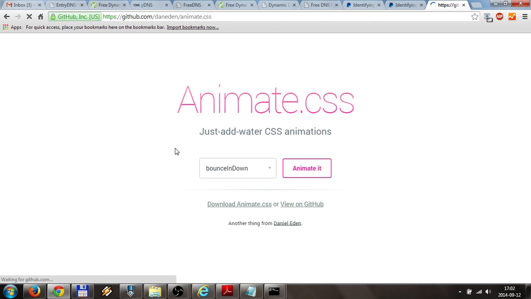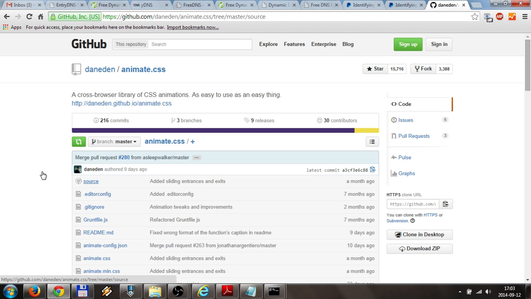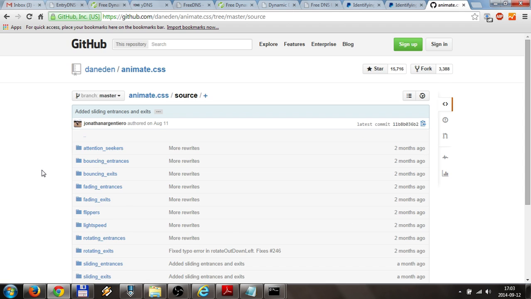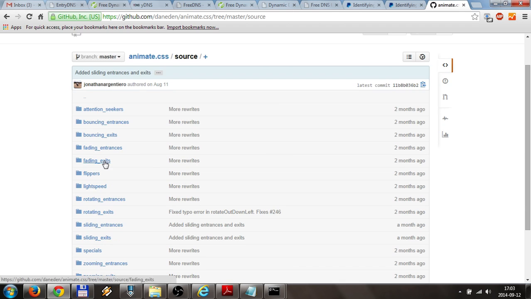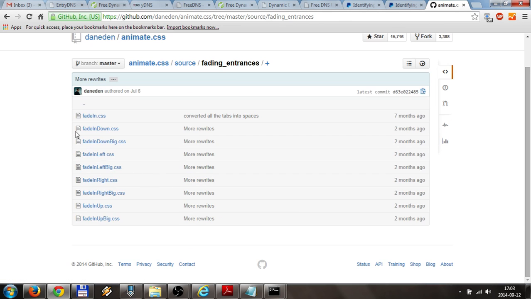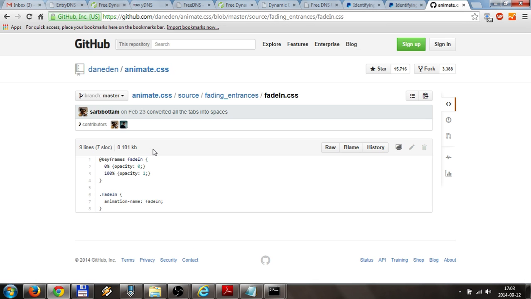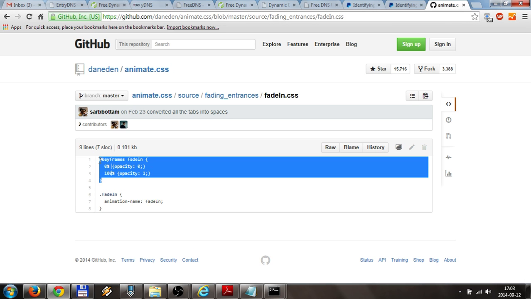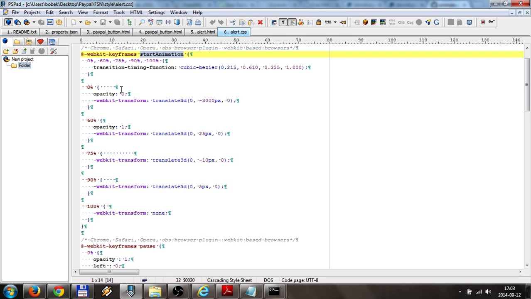Visit the GitHub page, sources. Okay, fading, let's use fading entrances and fade in. Okay, so here's the keyframes, copy that,